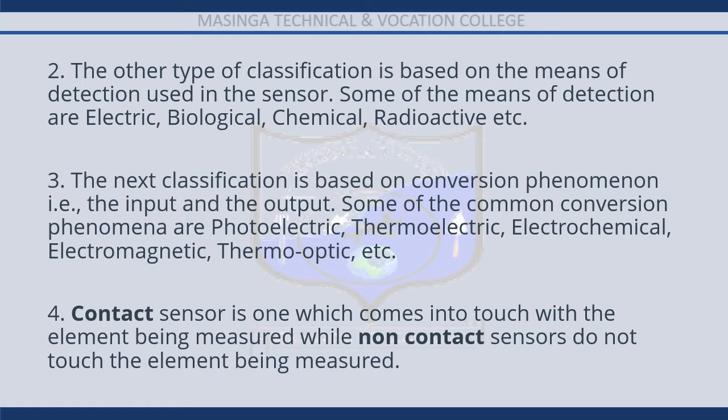Another type of classification is based on the means of detection, that is, electric, biological, chemical, radioactive. The next classification is based on the conversion phenomenon, that is, the process that changes the input to the output. The most common conversion phenomena are photoelectric, where we get light being converted into an electrical signal, thermoelectric, where we get heat being converted into an electrical signal,